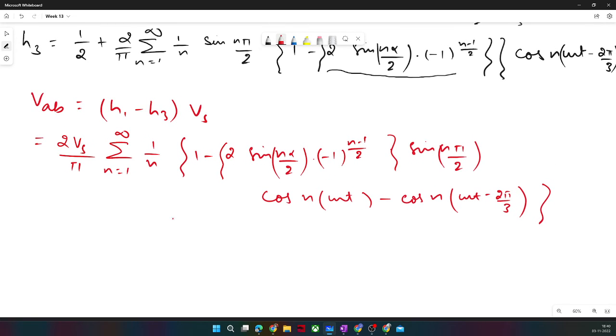So this is the expression of VAB, and if you wish to compute the fundamental component, you can appropriately put